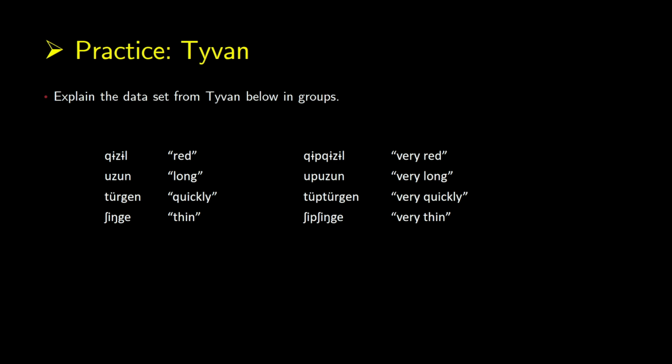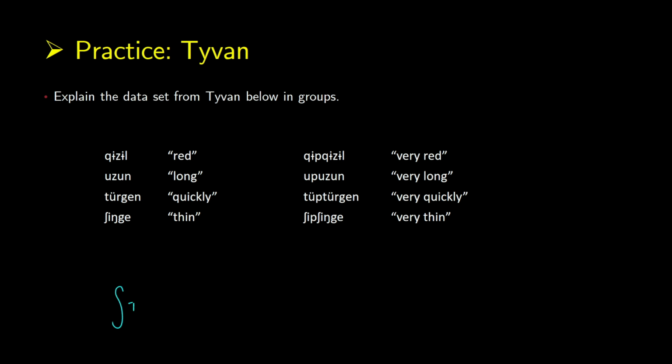So let's take a look at this. We have some forms on the left which are going to be adjectives or adverbs, and then on the right we have the intense version of those, so very red, very long. So let's take a look at what happened. I'm going to start with the bottom one. So we have